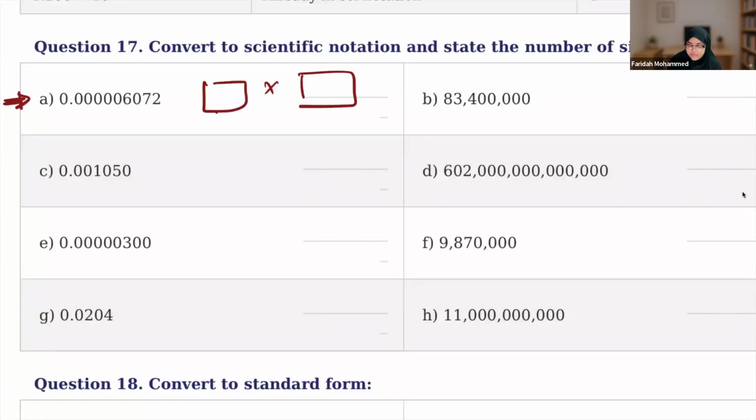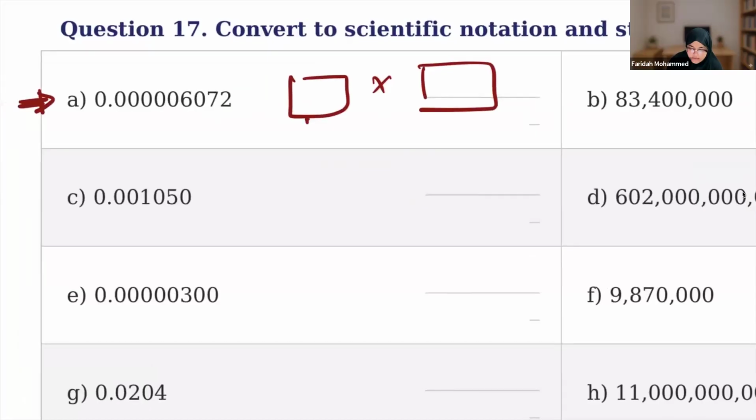The first number should be less than 10, more than 1. That means where do you put your decimal so you can get less than 10 but more than 1? You want to put it between 6 and 0, because that's going to give you 6.072. And then you write your number